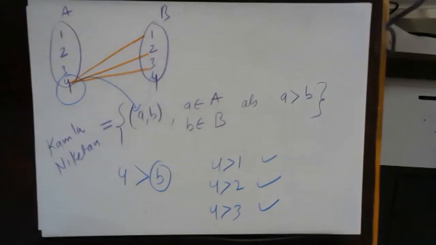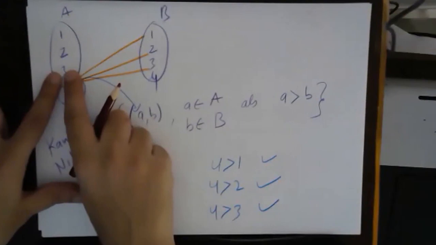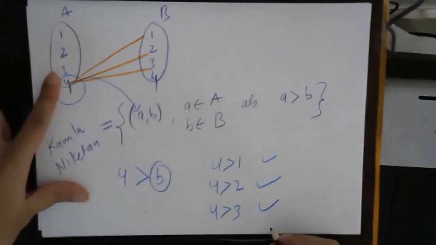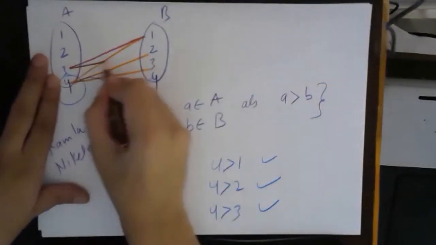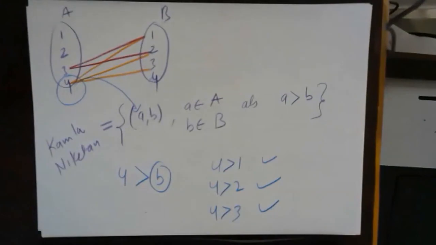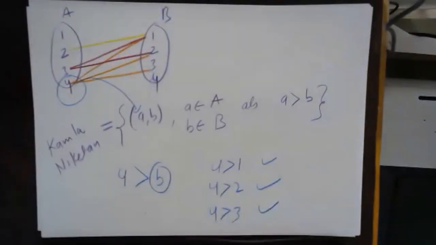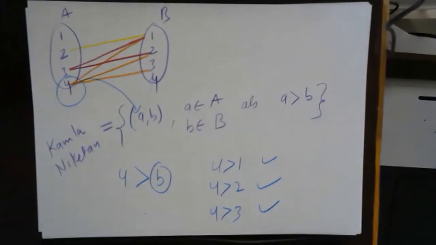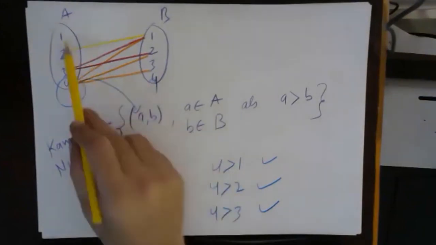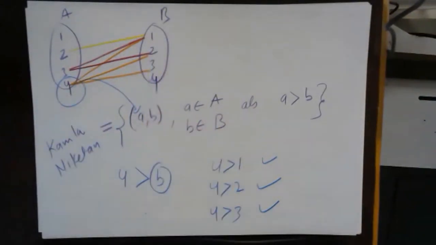Now, in the same sense, 3 will be linked with which elements? 1 and 2. Very good. Now 2 will be linked with which element? Only 1. Excellent. And 1, this poor one, will be linked with which element? Nothing, because 1 is not greater than anything. Here it should be 0, -1 and so on, but those elements are not there. Understood?